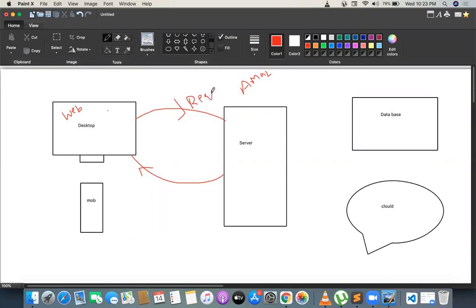I am giving a request called mobile. So I'm searching for mobile. Whenever I'm asking about mobiles, the server processes your request. Based on your request, data is going to respond, or data is going to come back to the client again. So this is something like a request and response process.